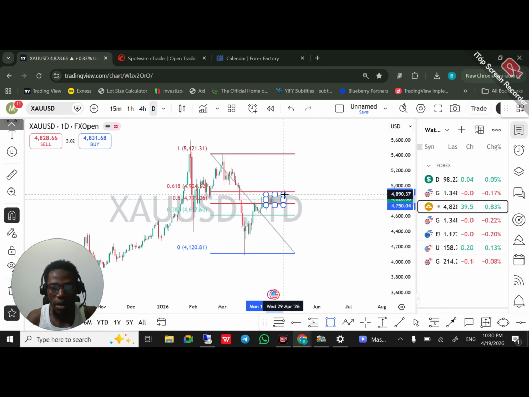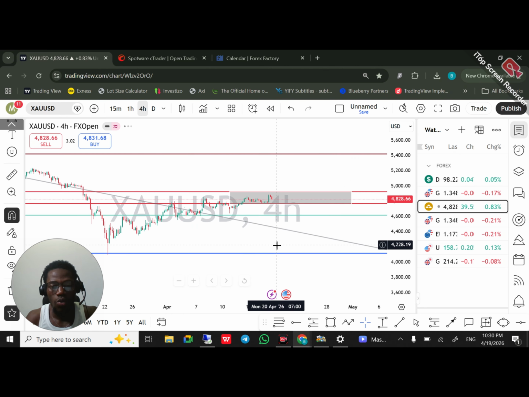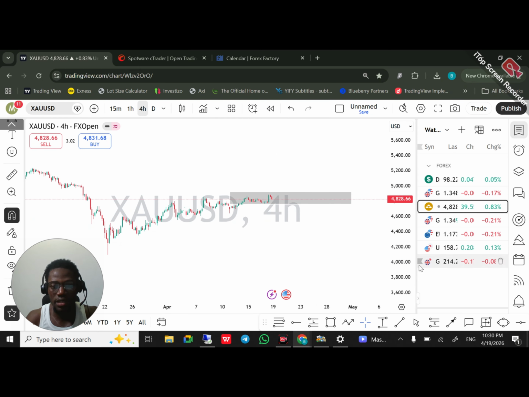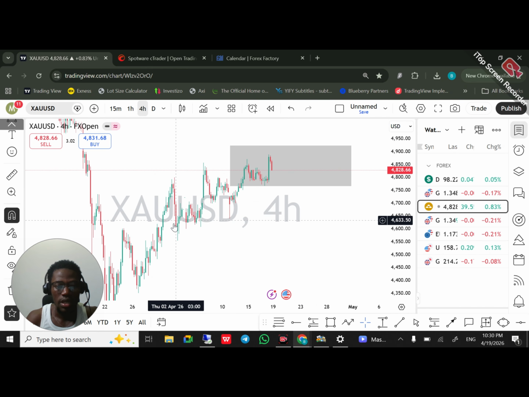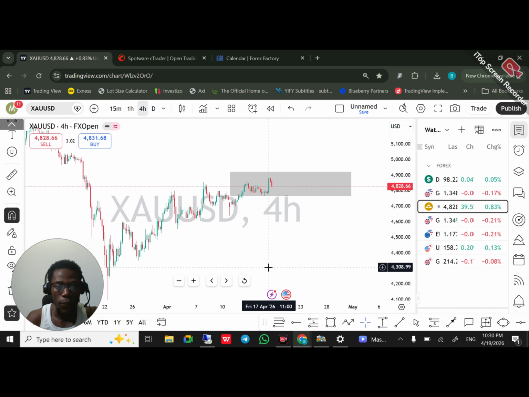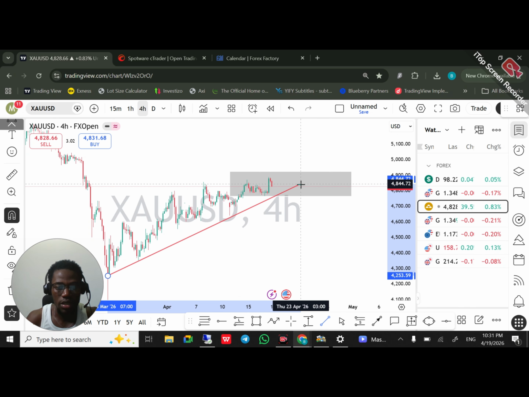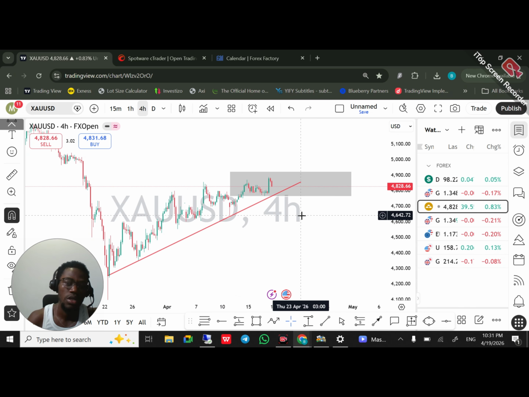Again, I'm going to be focusing on this side of gold, and see what trading opportunities are going to be presenting inside this range. But my bias is actually leaning toward a retracement. But then again,